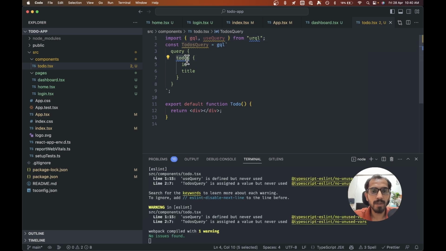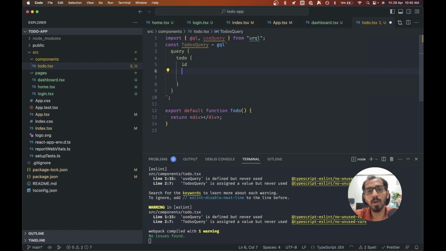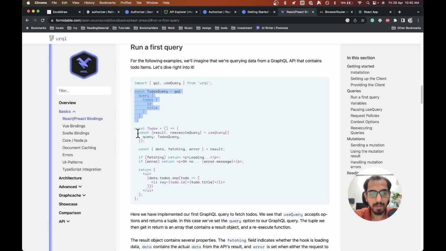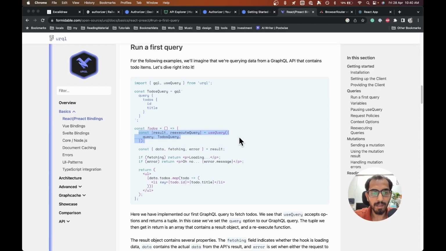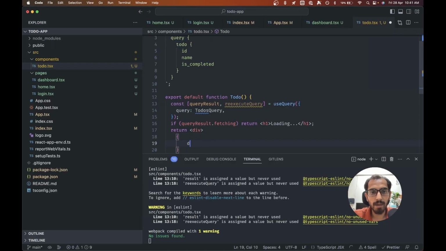Now our query is a bit different over here. Instead of todos, we call it todo, with id, title. Instead of title, we call it name, and then isCompleted or not. So we will have this useQuery. So queryResult, reexecuteQuery, we have the todos query, great. So if queryResult.fetching, then we want to show loading, else we want to map that and list it. Okay, so we will have data